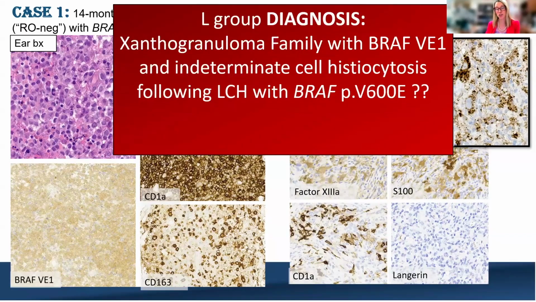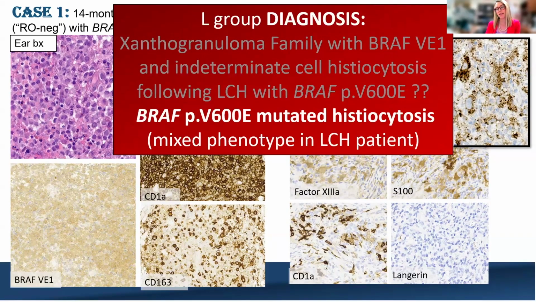Technically, it is an indeterminate cell histiocytosis without any langerin expression, but it was following a patient that was treated and originally diagnosed as LCH. So, I put all of this in the comment, but typically for my diagnostic line, I'll call this as a BRAF mutated histiocytosis for the clarity of knowing that this is still an active histiocytosis, of course, with this mixed